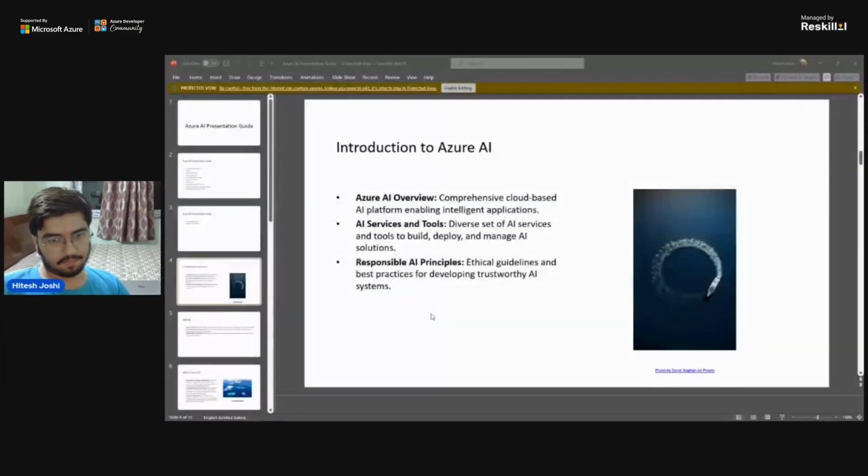And now we'll jump into the Azure AI presentation. So this will be today's agenda. And so what is Azure AI? Basically, Azure is a cloud platform developed by Microsoft for different purposes, like giving you storage access, and also Microsoft recently introduced this Azure AI, which has an extensive library of APIs. These APIs are basically the models that Microsoft has already developed,